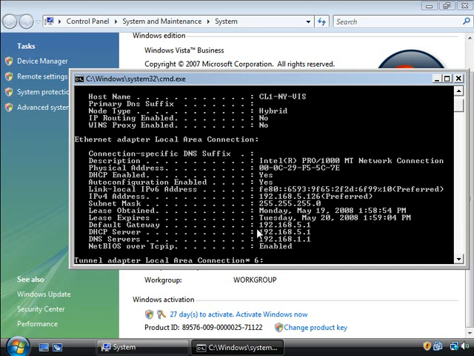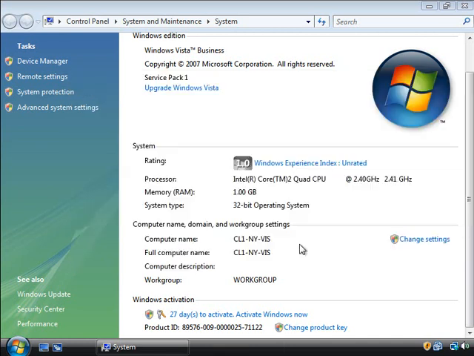Alright, so you see here that our default gateway is our router, 192.168.5.1. The DHCP server is also 192.168.5.1, but the DNS server, on the other hand, is 192.168.1.1. Well, that's not right. Our machine is trying to look for the Globomantics domain controller on a DNS that on our network doesn't exist, and that's not good. So let's go ahead and let's exit out of this, and let's change the DNS settings